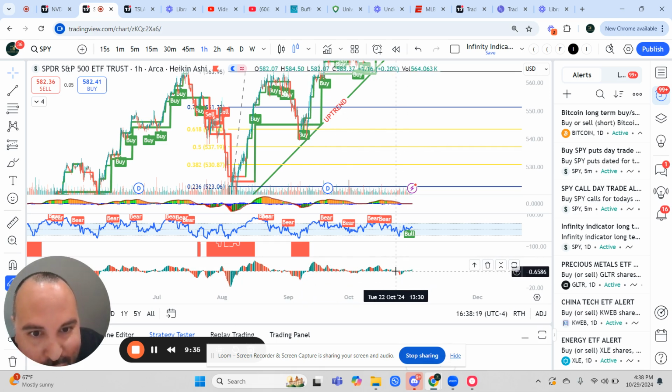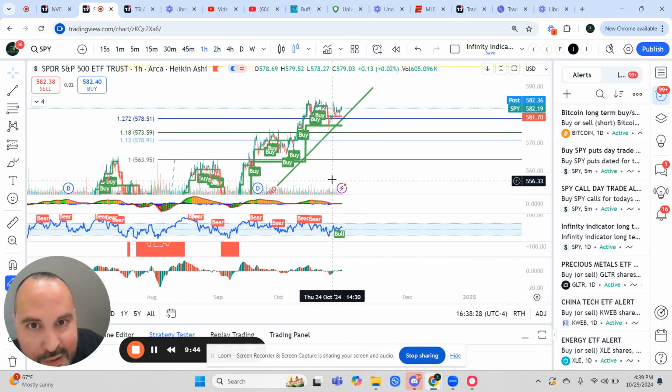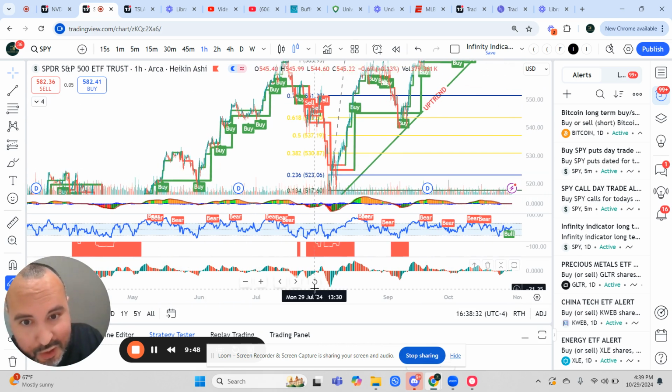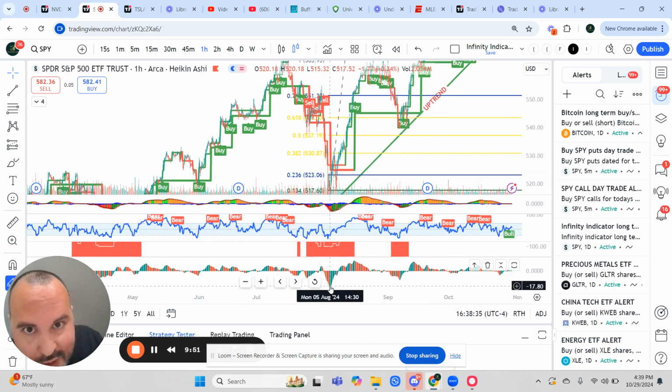Essentially, if we are underneath this zero line here, it's risk off, so you're looking for a price drop. And when we are above it and heading up,